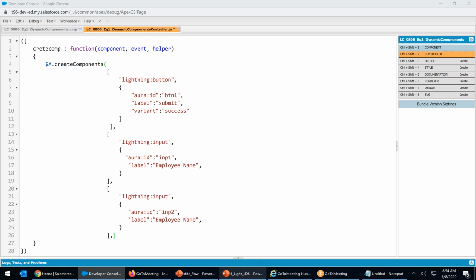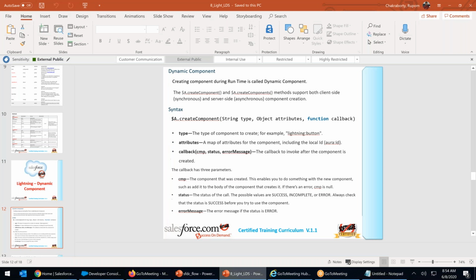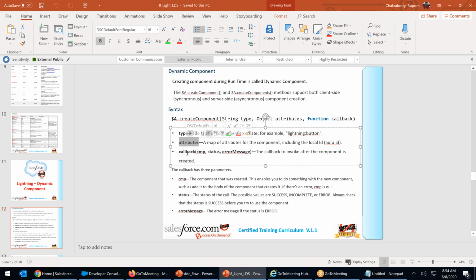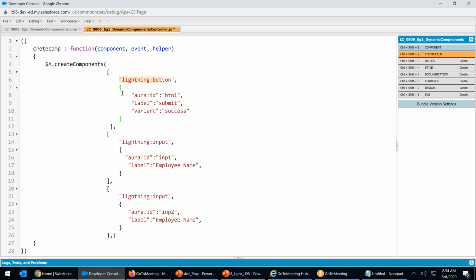The first variable is over. What is the first variable? Type. The second variable, the attributes, is also defined inside it. So the only variable that is remaining now is what? The callback function. Because for each one of them, I've already declared the individual attributes also. Now I will write the function.